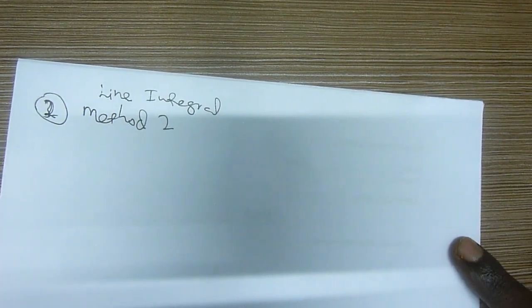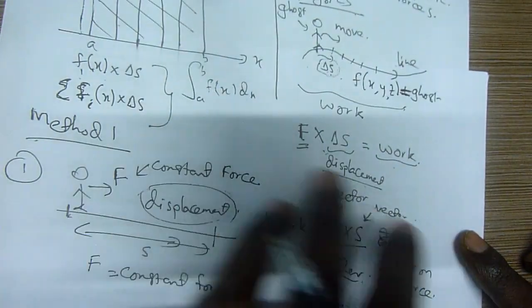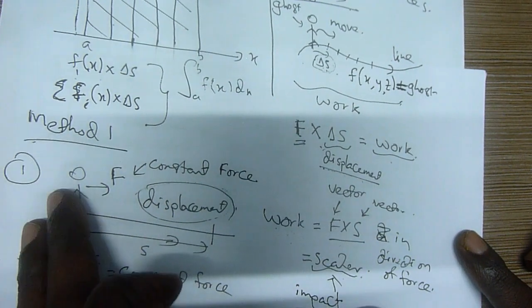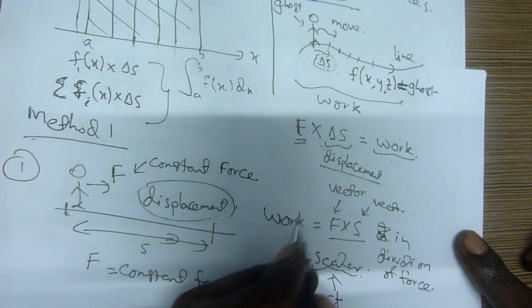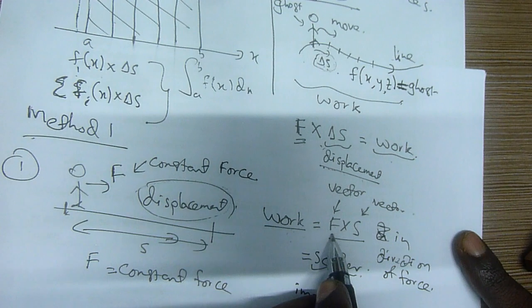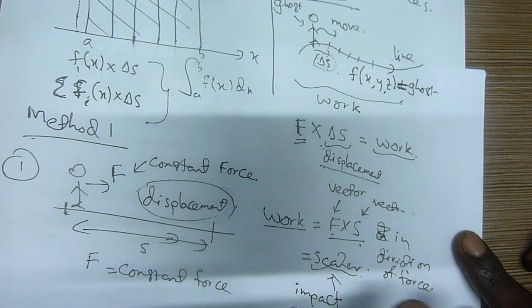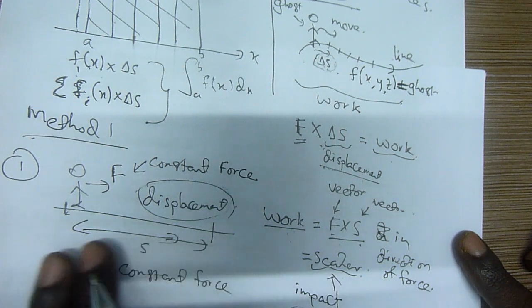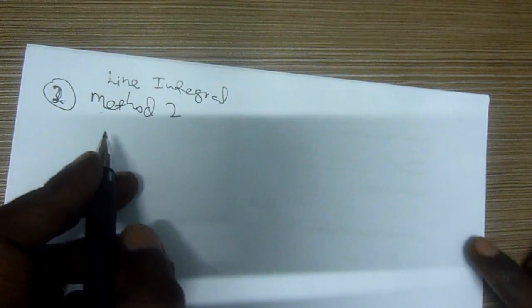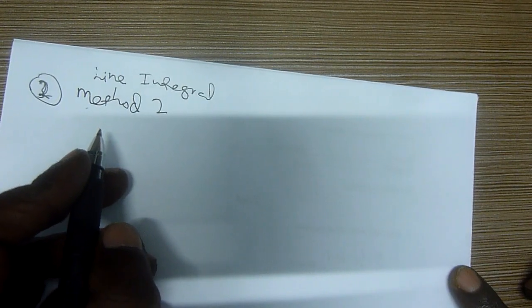Method number 2. Okay, this one is just an intro for you. We won't use this at all. I'm just introducing this method to inform you that work can be calculated based on the vector F and displacement, just to recall the knowledge that you already have. Now this is the actual calculation that I'm going to show you, how to calculate the vector for